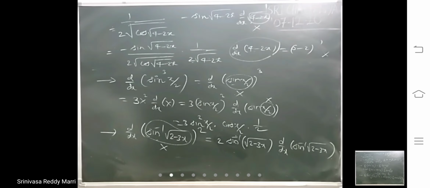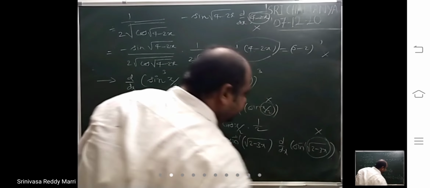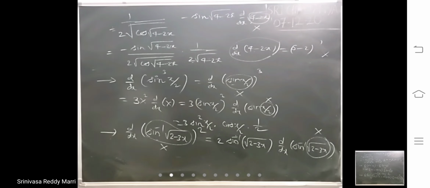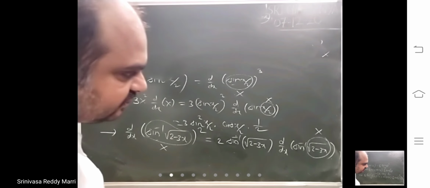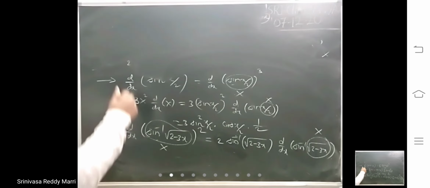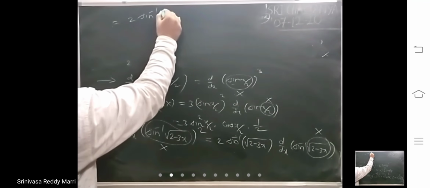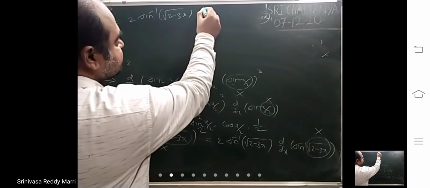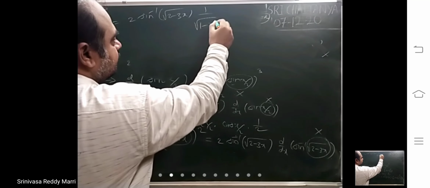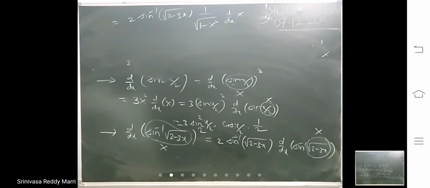This. Now sine inverse function is there, first function. This root 1 is there, this root 1 take it as capital X. So sine inverse x. Sine inverse x rule is what? 1 by root of 1 minus x square. So look at here, I will write like this. One more step comfortably. What is the formula is this? Whenever you have confusion, directly write 1 by root of 1 minus x square.